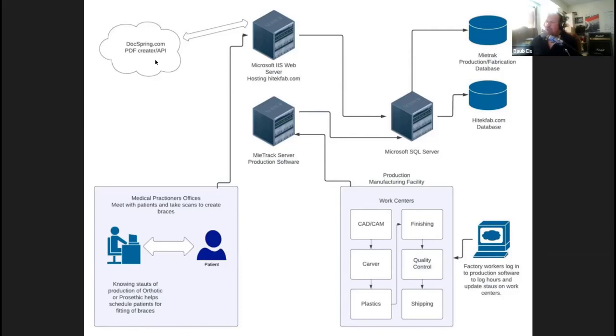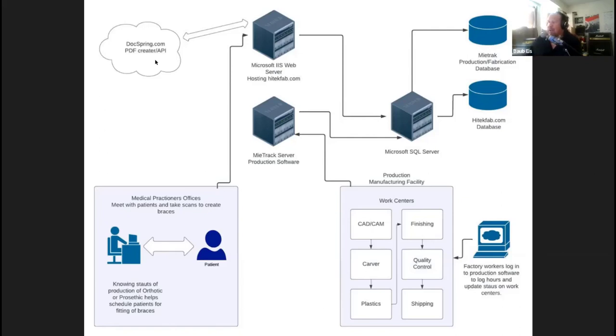But basically we have our web server and we have our MyTrack server, which is the actual production software. So I'm dealing with our database, I'm dealing with their database, and then their software, through which the workers within the factory can log in and change the status. The part comes in, it has to be designed in the CAD CAM, and then it gets carved, the plastics are created, finishing, quality control, and then it's shipped out.